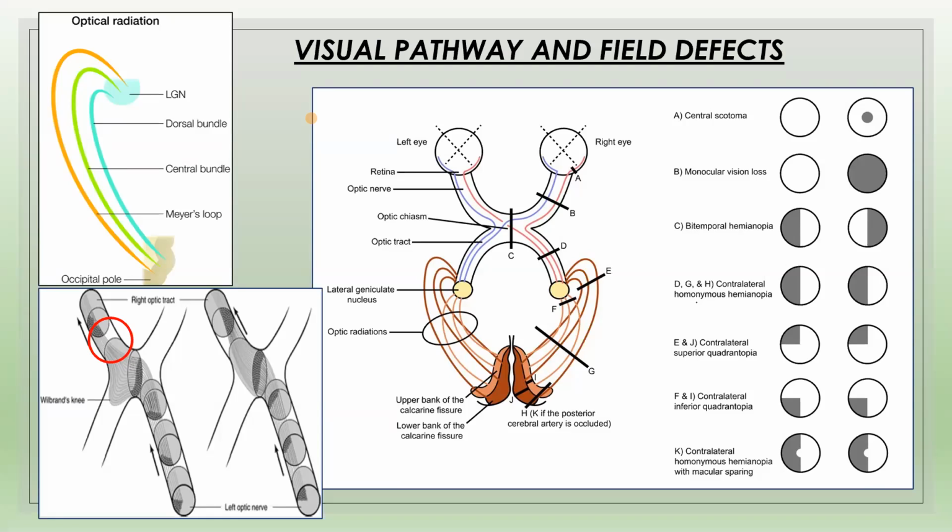Secondary empty sella can also cause a binasal hemianopia. One more cause for binasal hemianopia. Okay, that much will do. And that junctional scotoma of Traquair itself has three more types. One is Traquair syndrome, one is junctional scotoma of Traquair, and one is Traquair sign. Like that, three signs are there.